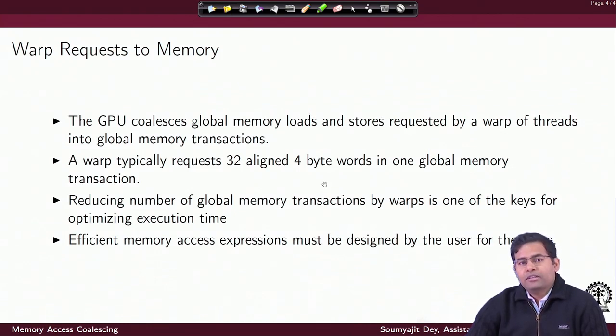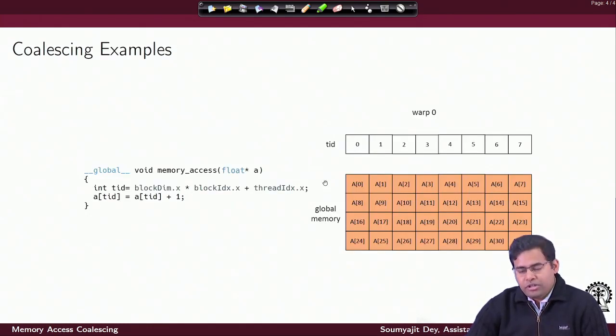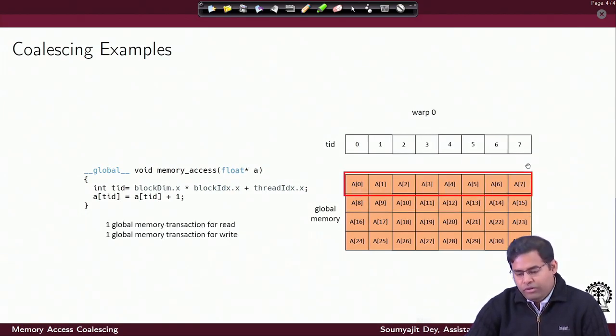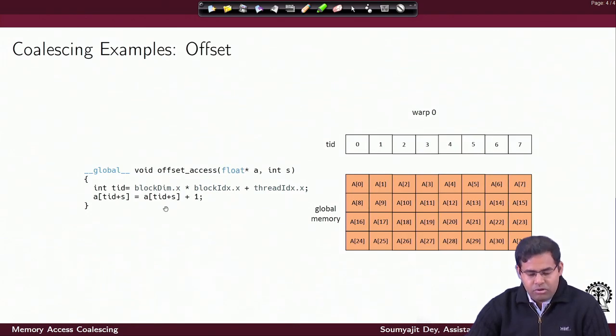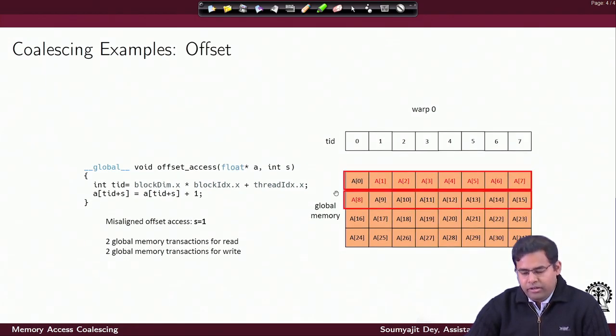That is basically the unit of global memory transaction. All the global memory transactions are aligned with that amount of width. So whenever I am doing this transaction, I get everything from A0 to A7 in a single global memory transaction, because they have a nicely aligned access. However, whenever I have offset-based code, the problem comes, simply because the accesses have to be aligned with the warp width.